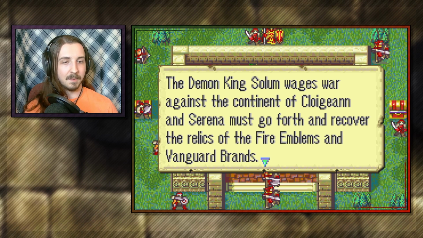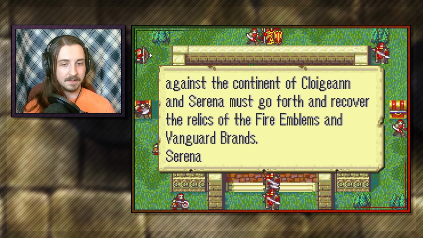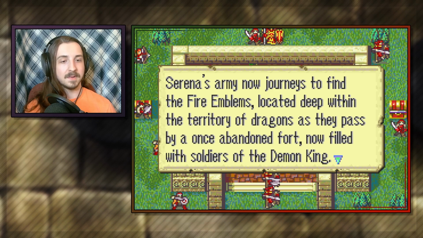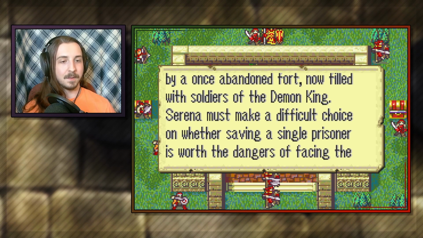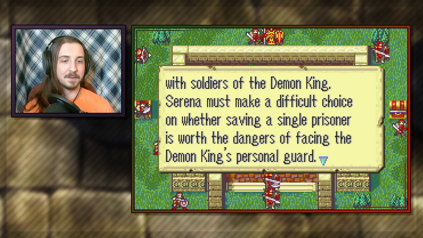The Demon King Solemn wages war against the continent of Cloygan, and Serena must go forth and recover the relics of the Fire Emblems and Vanguard brands. Serena's army now journeys to find the Fire Emblems located deep within the territory of dragons as they pass by a once-abandoned fort now filled with soldiers of the Demon King. Serena must make a difficult choice on whether saving a single prisoner is worth the dangers of facing the Demon